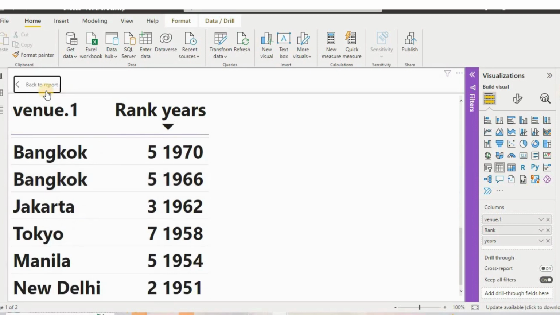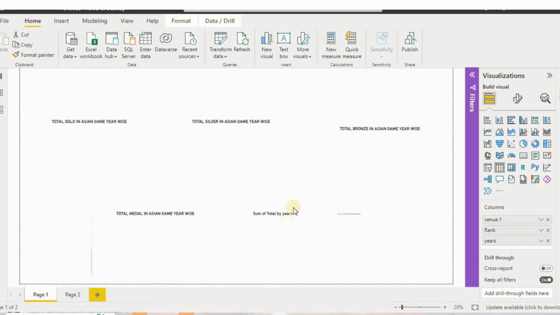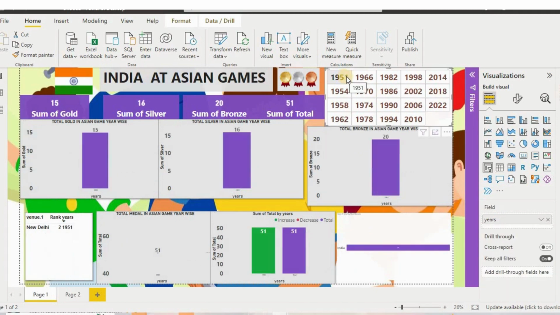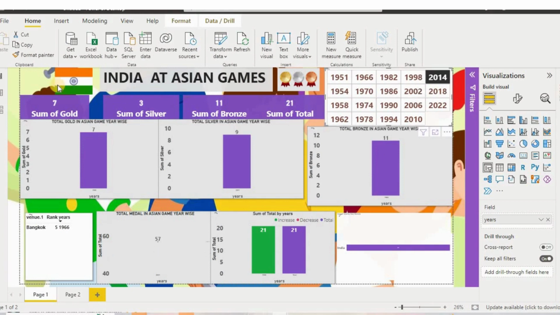So how do we create this report in Power BI? It's very simple. I haven't used any DAX formula in it. And here we have this year wise option. If I click on this, it will show the year wise report also. So we have used a filter here as well. Whichever year we want to see, we can see that. It is a simple report we can create, so let's see how we can create it.